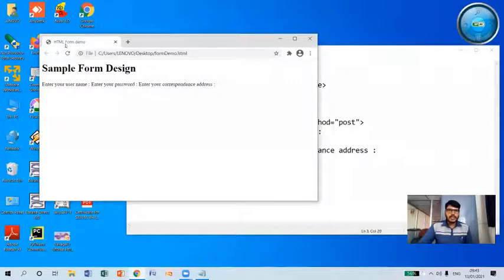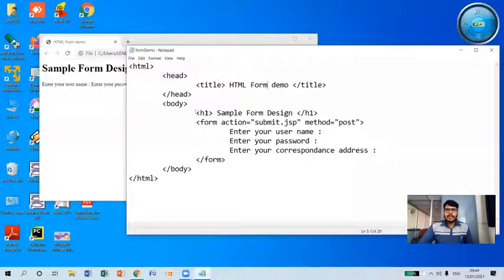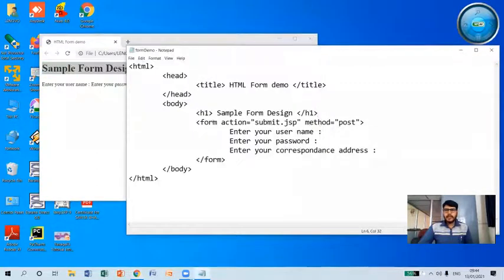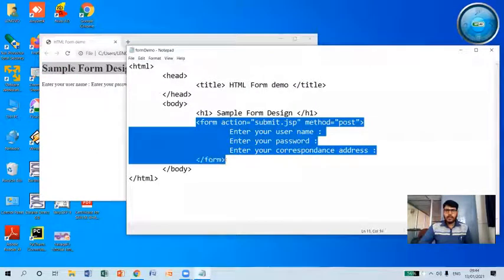So now you can see the title is HTML form demo, and within that, I have included one heading one tag, and within this I have placed sample form design. So here it is going to display sample form design like this, and within this I have included a form tag. But I have not placed any of the form elements until now.